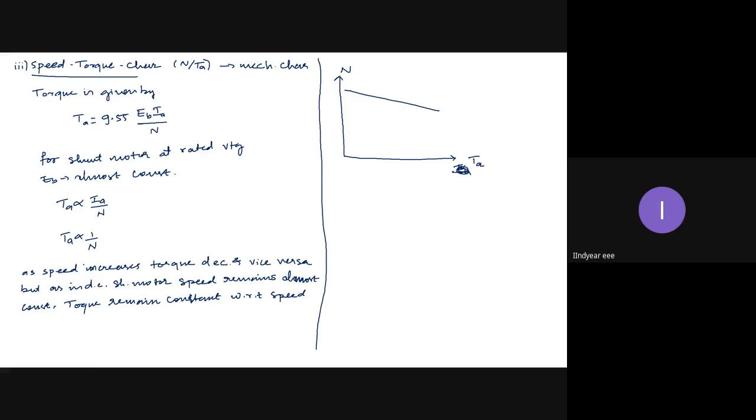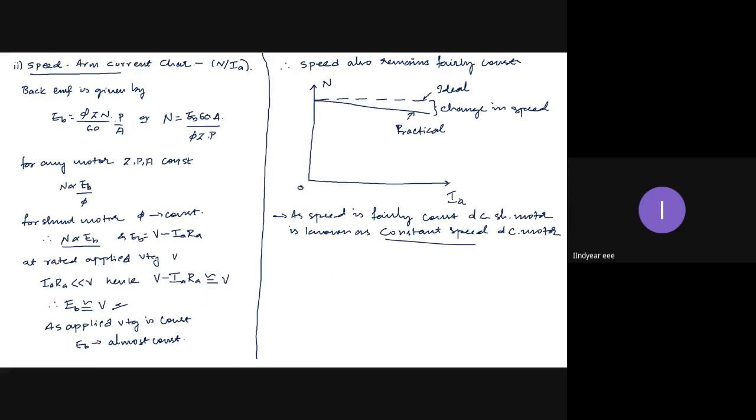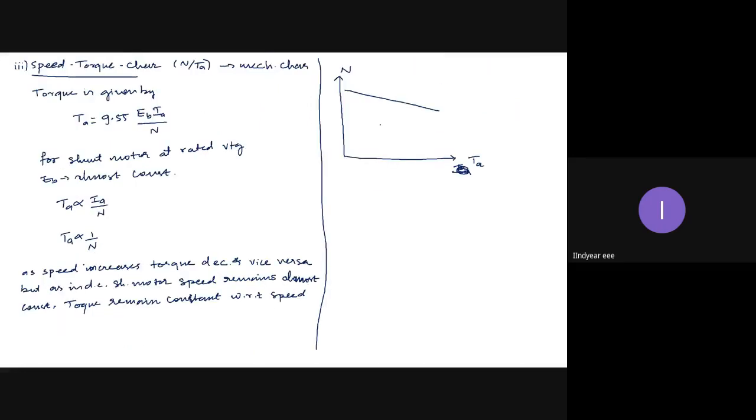Because torque is proportional to armature current, and with respect to armature current, speed is very slightly decreasing. Therefore, the characteristic curve of speed torque will be the same as the characteristic curve of speed armature current. So this is the third characteristic. What we can conclude with respect to the characteristics is